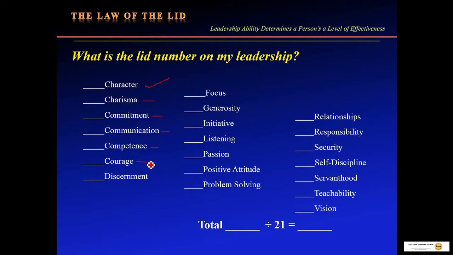Discernment. Discernment's a pretty interesting word, really. I don't know if you've ever seen Simon Sinek, where he talks about discover your why, and he talks about the limbic brain. You know, leaders, as we go through these 21 laws, you'll see that a lot of leaders only make decisions based on about 40 to 50%, sometimes only 80% of the available data.